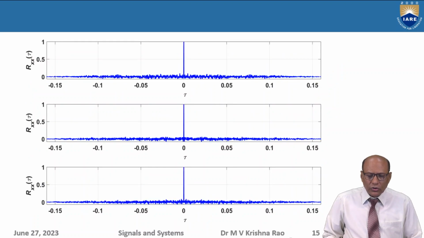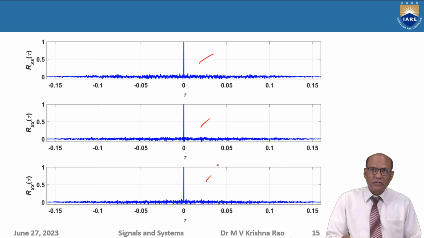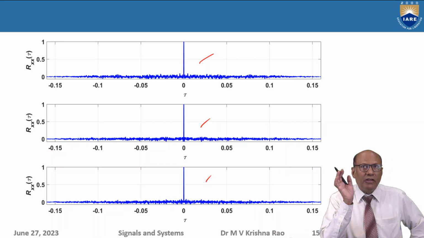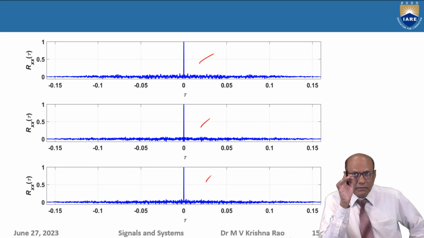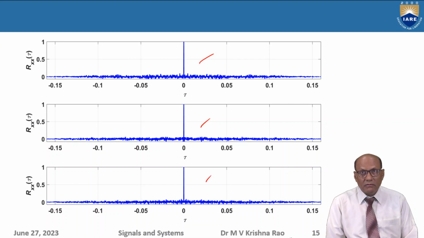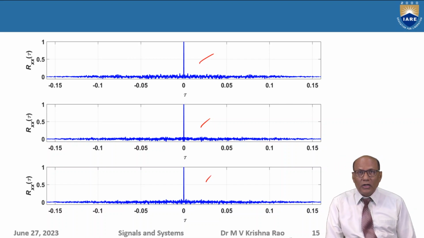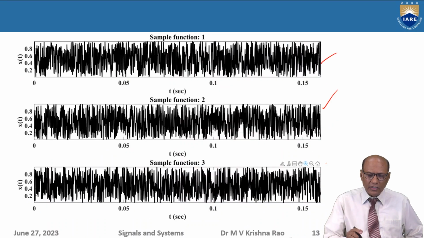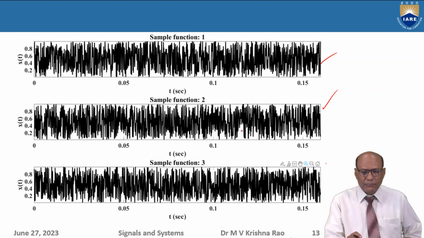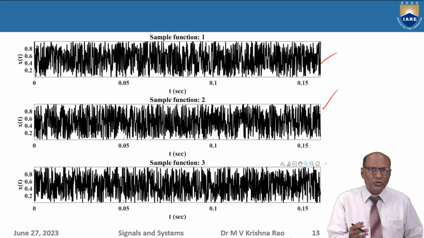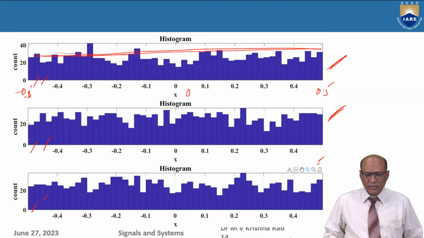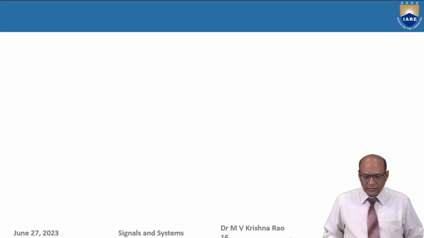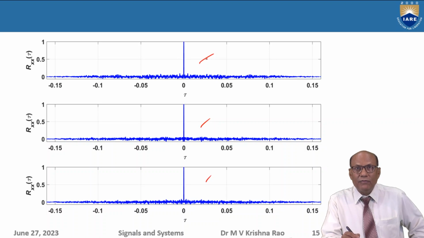Now coming to the autocorrelation function, it shows a delta function again at the center because it is a very wide band signal, and each sample is totally uncorrelated with the other samples. If you go back to the waveform, these waveforms are totally random. The first sample is not dependent on the second sample. There is no correlation at all. So it becomes an uncorrelated random process, and you will get the delta function